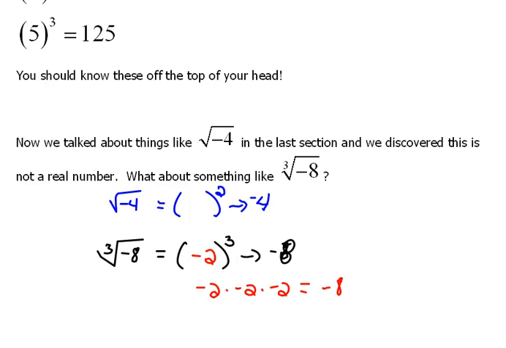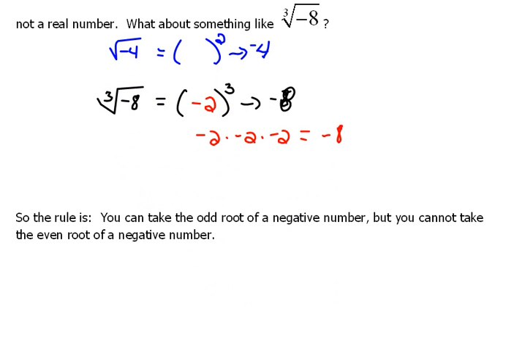So another thing that we have to be aware of and pay very close attention to, you can take the odd root of a negative number, but you cannot take the even root. So that's why we can do the cube root of a negative, because it's an odd root. We cannot take the even root of a negative number. That's why we couldn't do the square